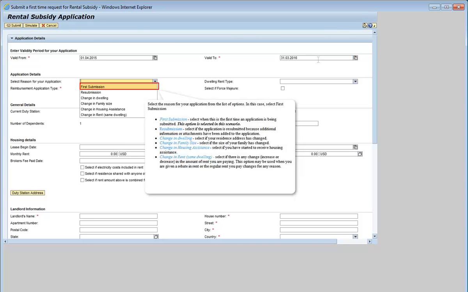Change in dwelling is selected if your residence address has changed. Change in family size is selected if the size of your family has changed. Change in housing assistance is selected if you have started to receive housing assistance. Change in rent, which is the same as dwelling, is selected if there is any change, increase or decrease in the amount of rent you are paying. This option may be used when you are given a rebate in rent or the regular rent you pay changes